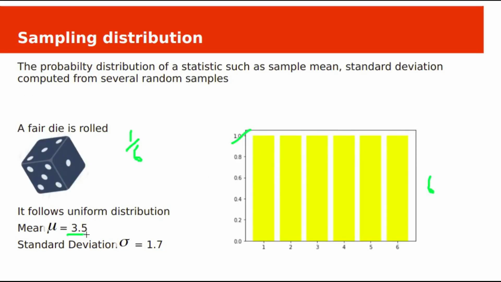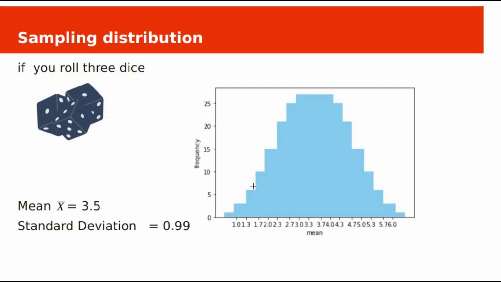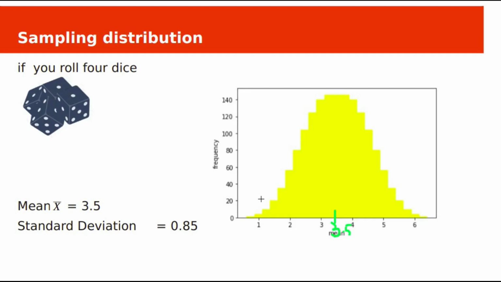As you increase the number of dice, the probability of getting an average value on the edges of the range decreases. Here you have a little bit more data compared with 3 dice. Here you have very little data, meaning most of your data is around the center, and at the edges you have less data. The bulk of the probability shifts to the center of the graph.